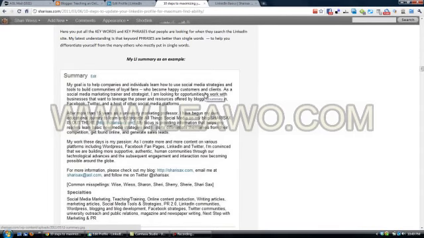Another line that's very helpful that you don't see on a lot of people's profiles, but you ought to, are common misspellings. If people have met you and your name can be spelled several different ways, chances are people will spell it the wrong way, and if they put you in search, they may not come up with your profile because they spelled it incorrectly. However, if you have these common misspellings, then people will be able to find you. And finally, the last thing we're going to talk about today are your specialties. This is an opportunity for you to add keywords that people might put in their Google searches.